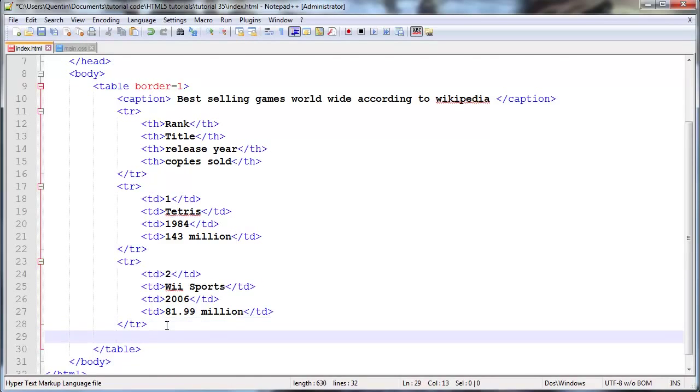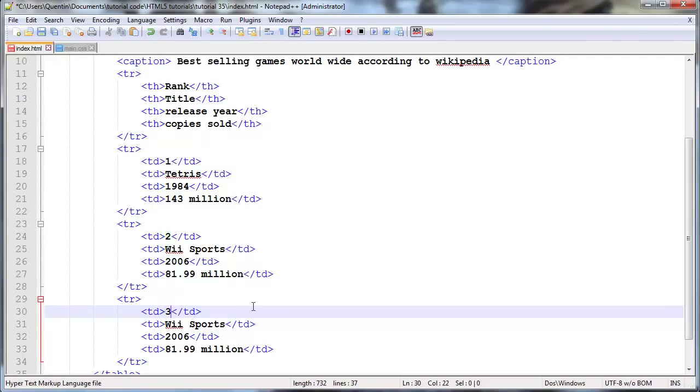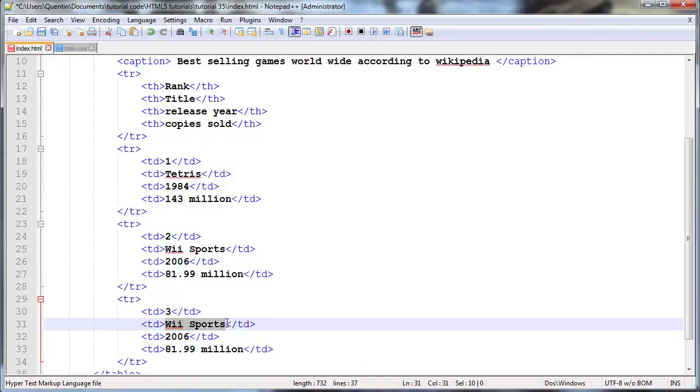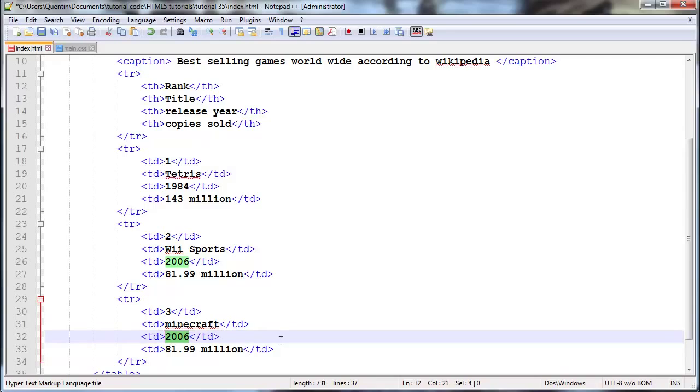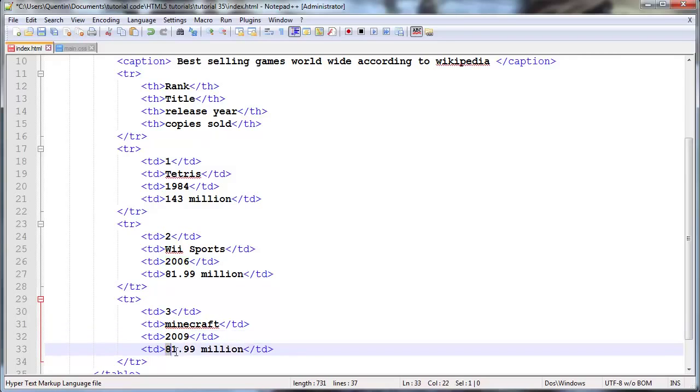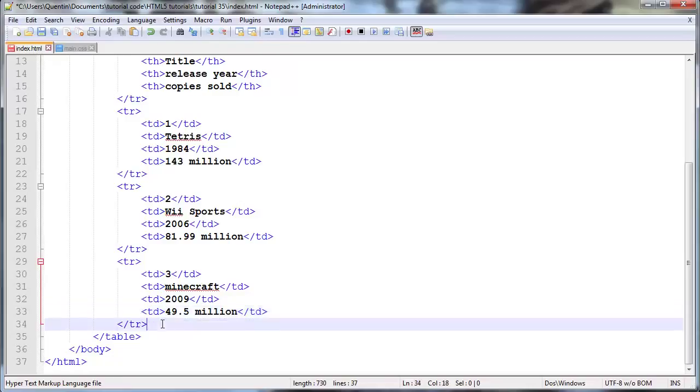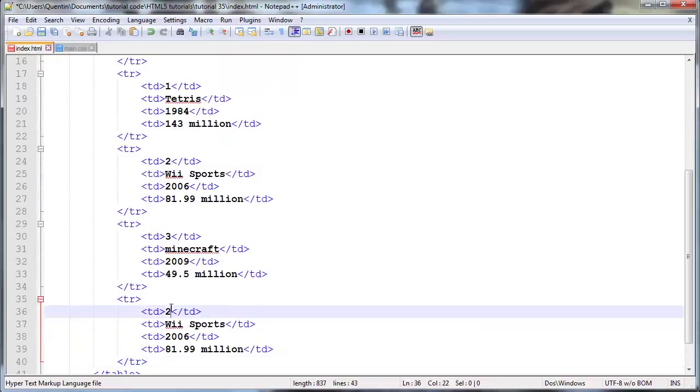So the third most selling game in the world, which I find to be quite crazy, is actually Minecraft, and that is super insane because it really isn't the best game in the world or most fun game in the world. But if you guys play Minecraft, I'm sorry to offend you, but I have also played Minecraft. I've bought it, and it's cool, but not that cool. Okay, so 49.5 million copies of Minecraft sold worldwide, and let's go ahead and add the fourth most